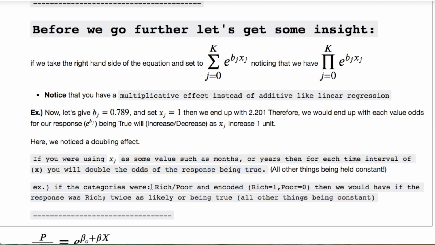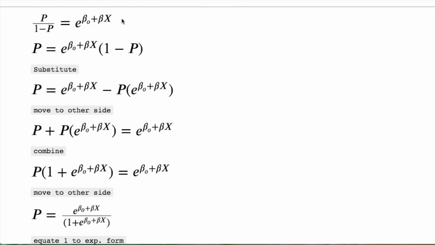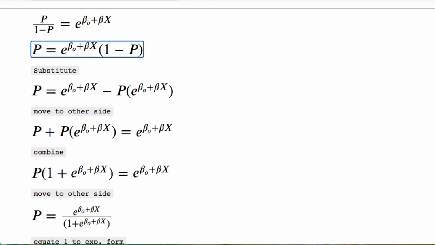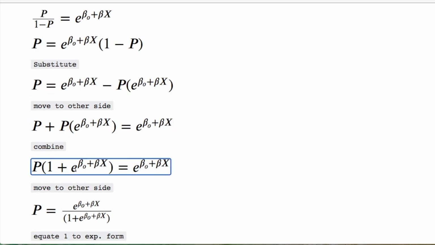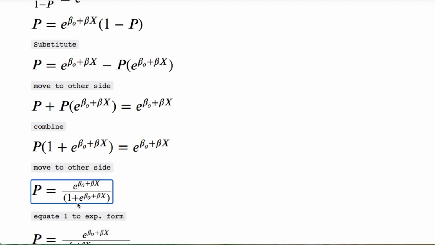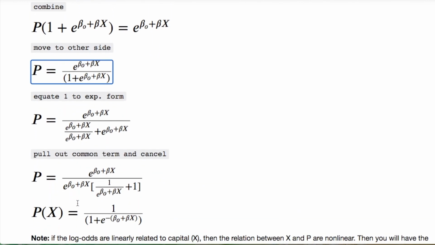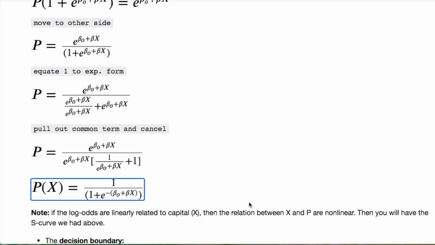If you were dealing with some kind of categories, rich and poor, which would be encoded like this, we would say you have twice as likely a chance of being true for someone who is rich. Now we have to do some manipulations from what we started with before, all right? We have to manipulate to get our probability by itself. We need to do some substitution, move everything over, combine everything, divide through, and equate to 1. From there, we will equate to 1, pull it outside, do some canceling, and here's what we end up with,